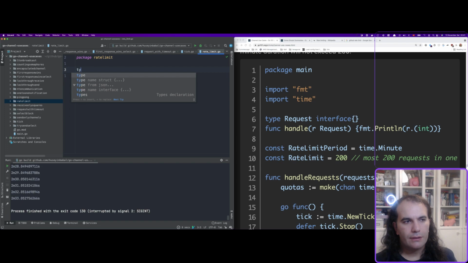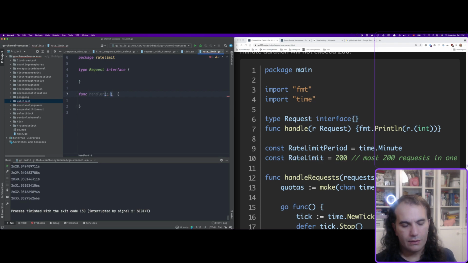So there is a request interface, request, and there is a function which is handler. func handler takes a request, and the main idea within this function is fmt.Println